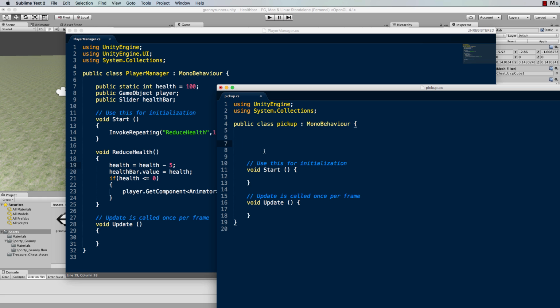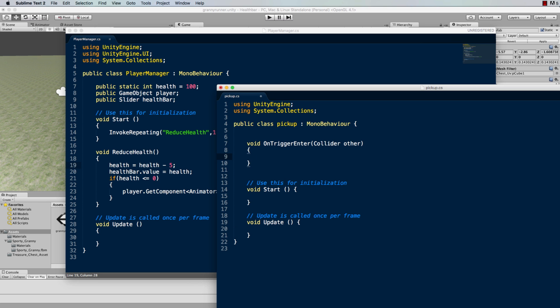Now, we want to add a collider or a trigger. We could use a trigger because that will then mean that Granny won't be hit by the chest. She'll just run straight through it. So that's a void OnTriggerEnter. And inside that is, if I remember rightly, Collider other. So when this trigger happens from a rigid body and a collider colliding into the chest, it's going to trigger this function here. And in here we can go PlayerManager dot health